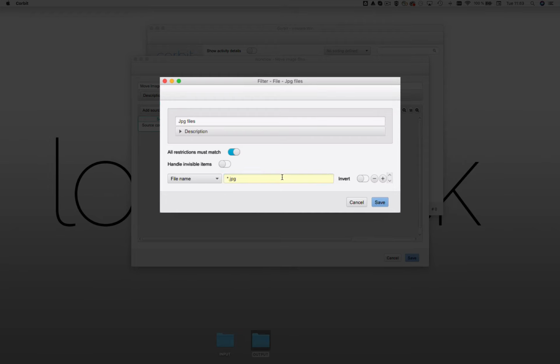A quick note, as you probably can see, this text field is yellow tinted. This type of fields and text areas that you will find in different places and dialogues in Corbit indicates that it supports Corbit's powerful variables and macros. More about that in